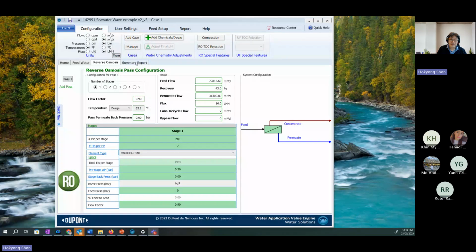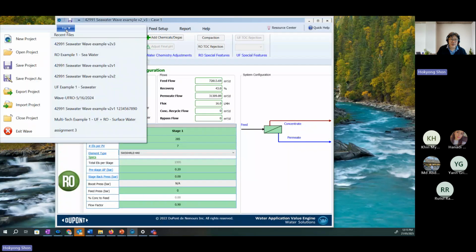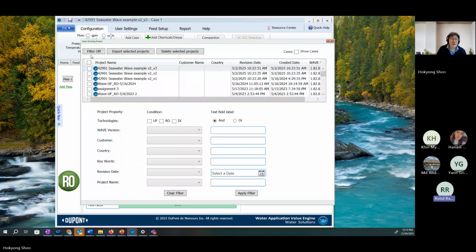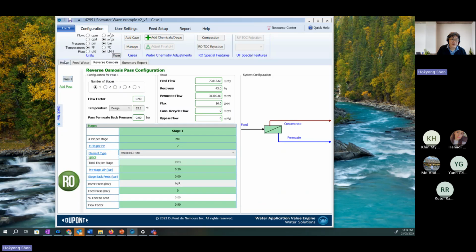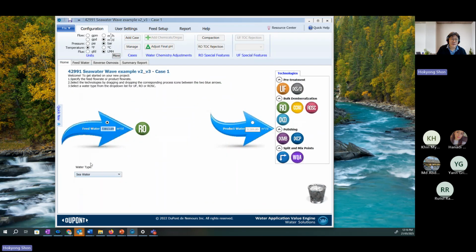Yep. Okay, so you go to your software, and then you can click open project. Right. So there are several examples from your project. So you can select one of them, and then you will see your example of seawater desalination. So this is the design for